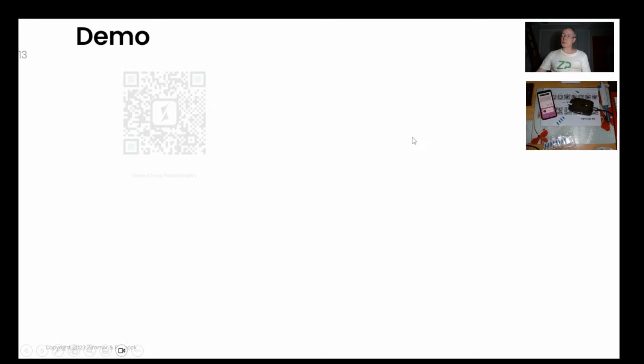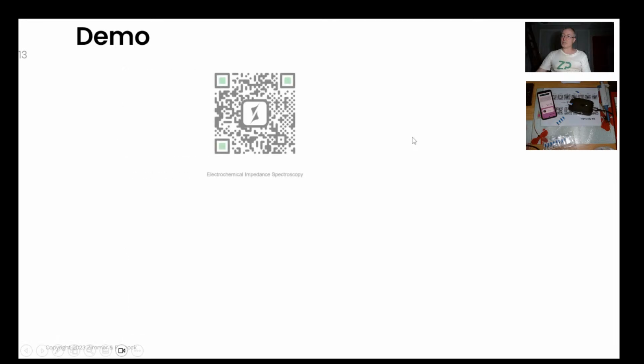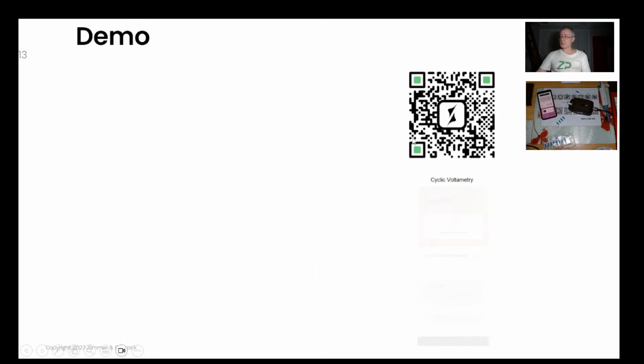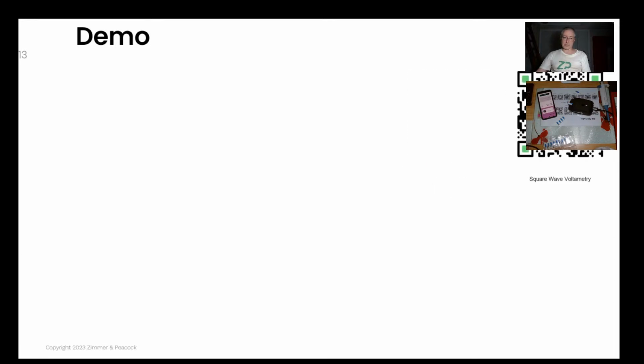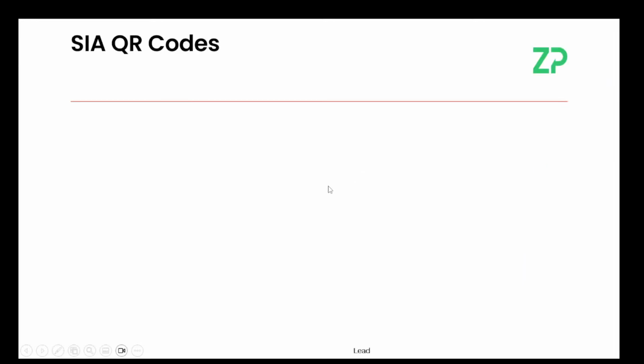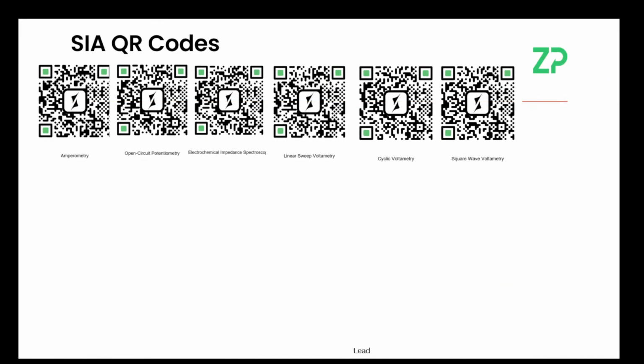So you can do amperometry on this, open circuit potentiometry, impedance spectroscopy, linear sweep voltammetry, cyclic voltammetry, and also square wave voltammetry. And square wave voltammetry will become interesting in a bit, because we are going to talk about differential pulse voltammetry today. What's different about this device is we can go from any of these amperometric techniques, these electrochemical techniques,